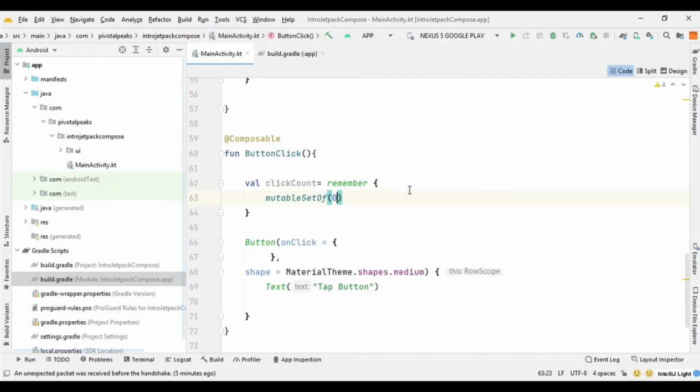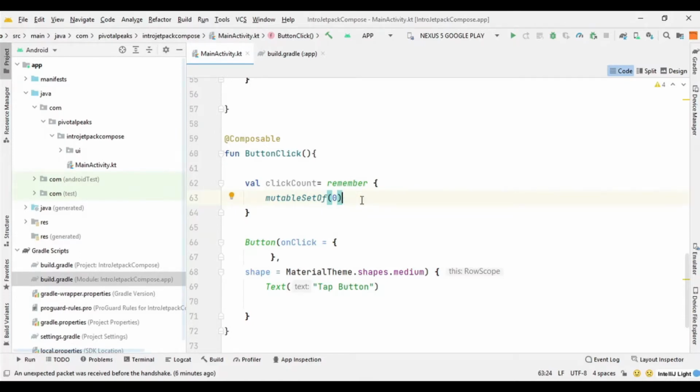The mutable state of is a function which will give the value click count a mutable memory. Mutable means that it can be changed over time, and then we need the remember function to save that state. Otherwise it won't be able to save the state.